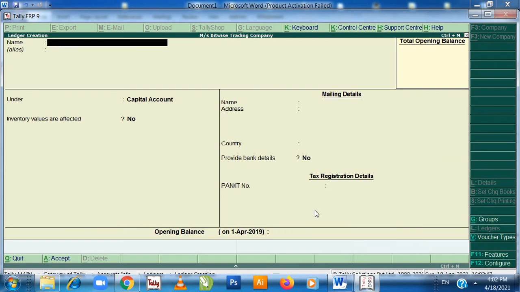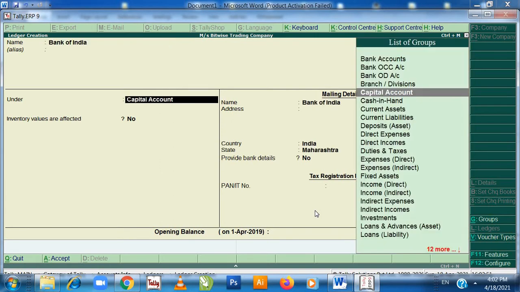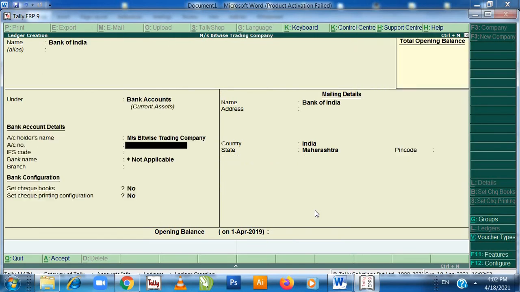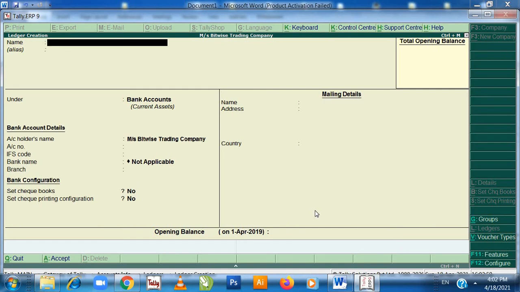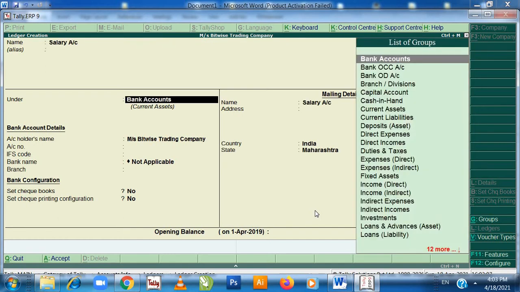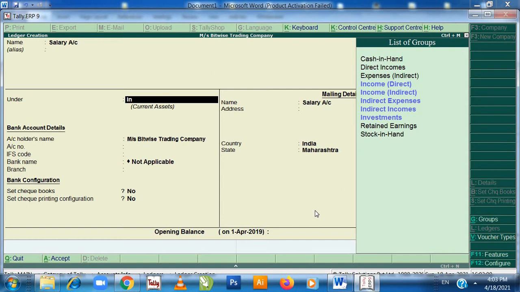And then I need to create a ledger of Bank of India under bank account. Enter. Then I need to create a ledger salary account under indirect expense.